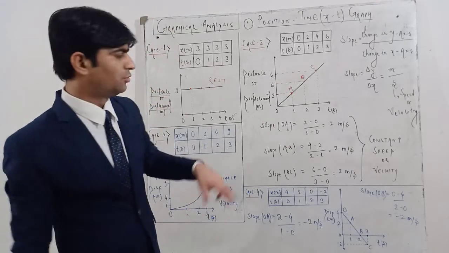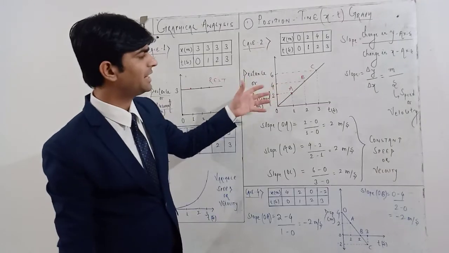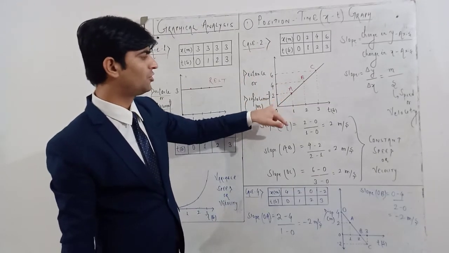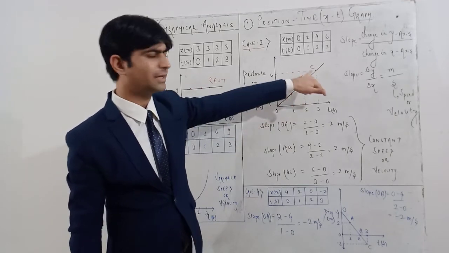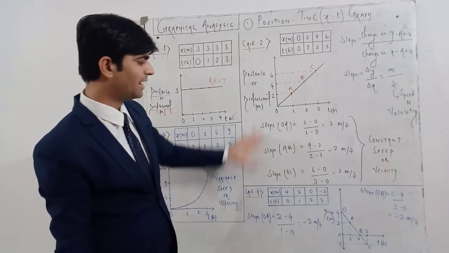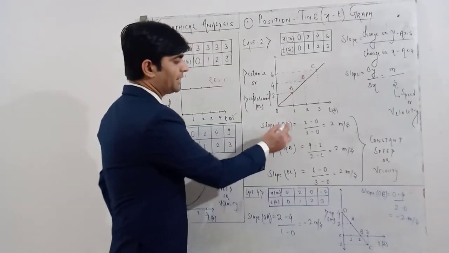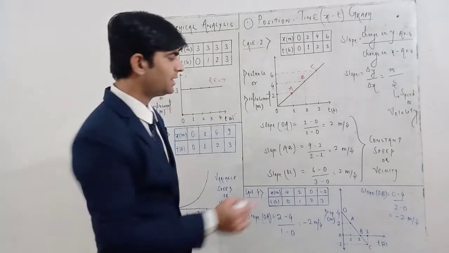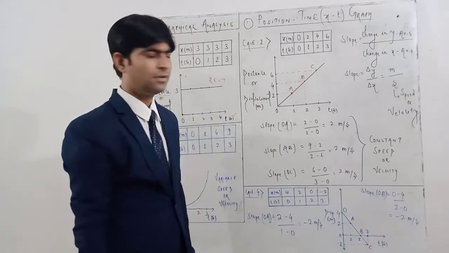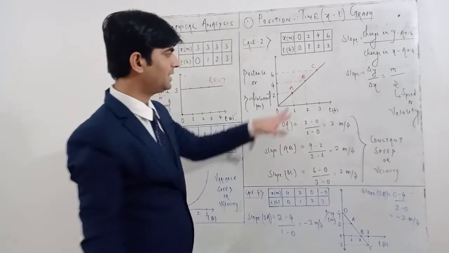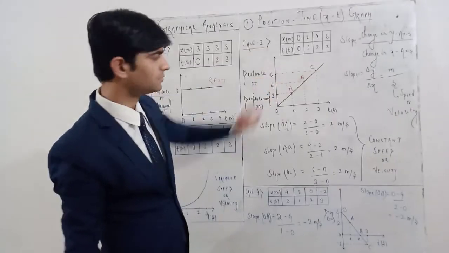Now how to calculate slope? Look here, I have marked different points. You may calculate for any section: you may calculate for OA, OB, AB, or AC. I have shown 3 calculations. So, slope for portion OA. When I write OA, O is the starting point and A is the final point. For this section I am calculating slope.